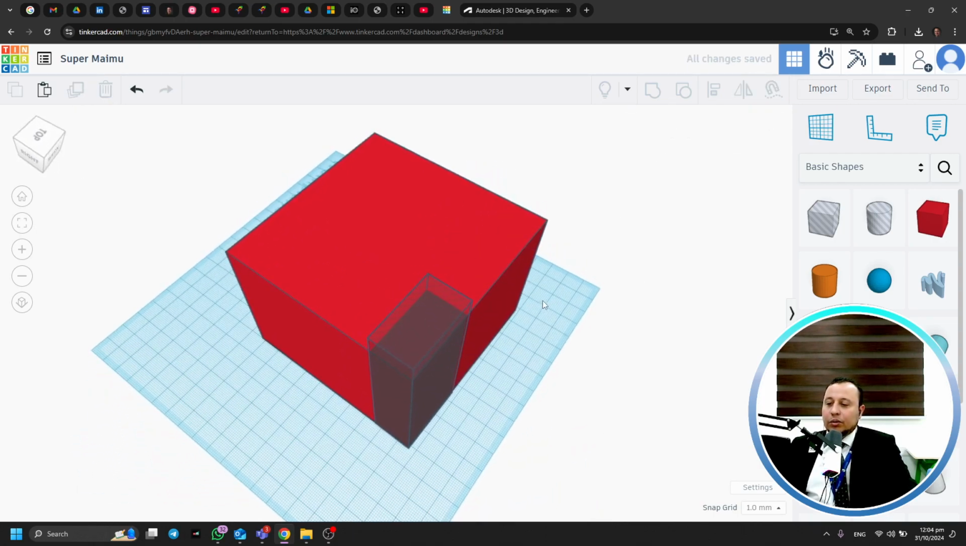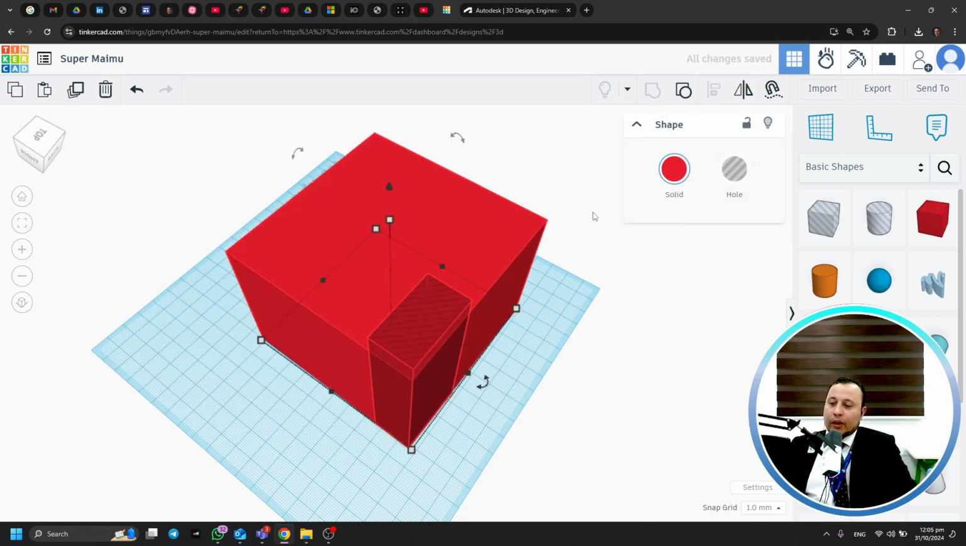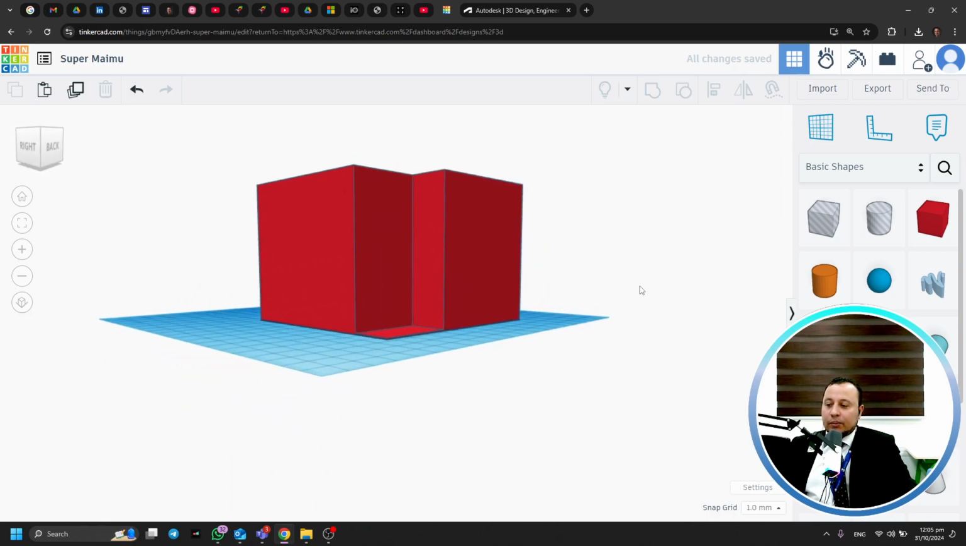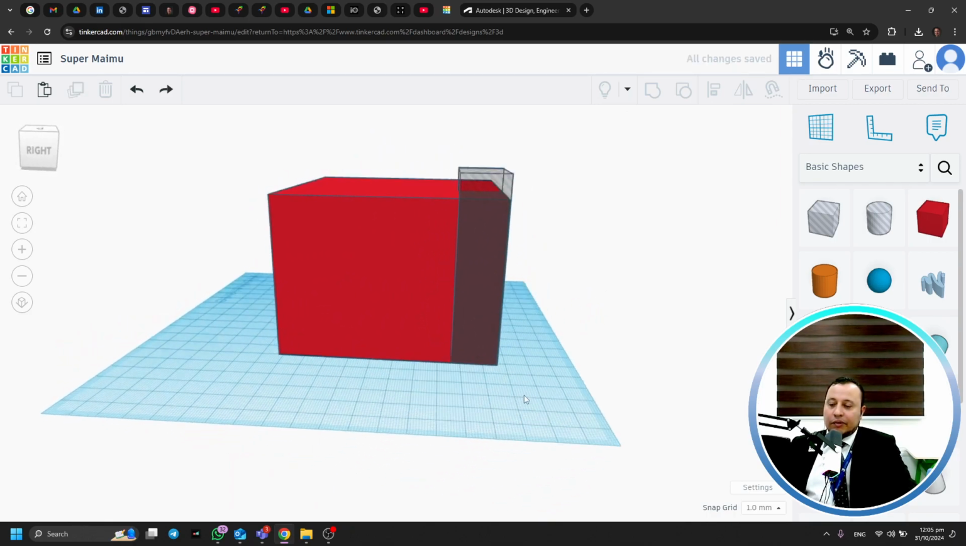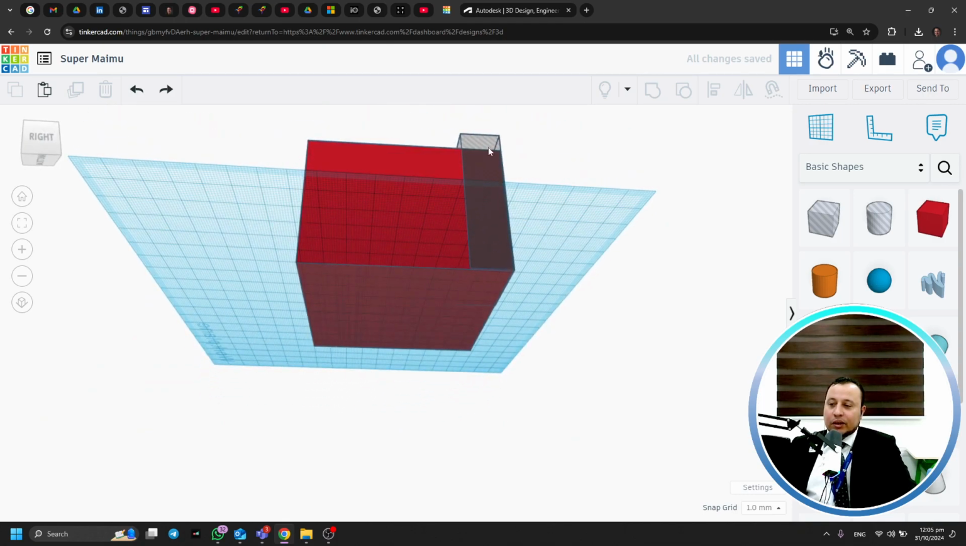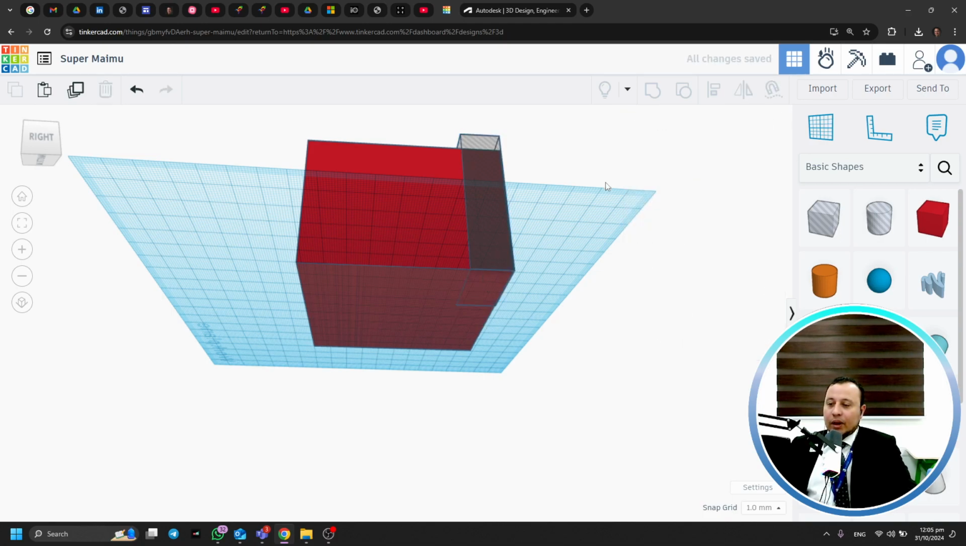Now I need to group these two parts together. I group by just selecting both of them and clicking here on this button, called group, or you can use Control G on your keyboard, and you group them together. So, what is the total value of having a transparent shape, which is nothing, together with a solid